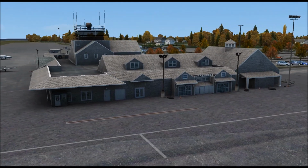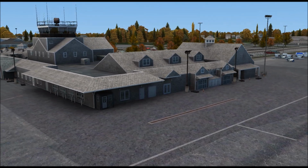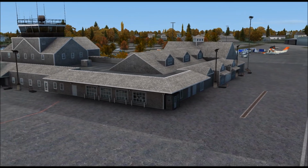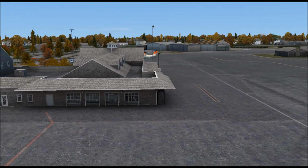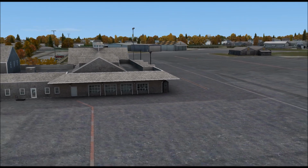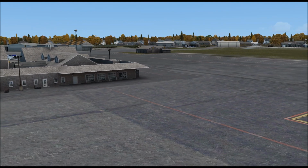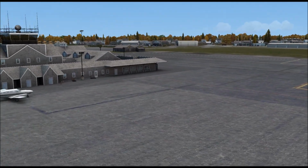He struck out on his own and created iBlueYonder, and this is one of the crowning masterpieces that he's come up with. He also has one freeware airport there called the Heron's Nest, which is just off the coast of Maine and is a must if you have any aircraft like the Piper Cub. However, we're going to be taking a look at this bad boy right here because he has put a lot